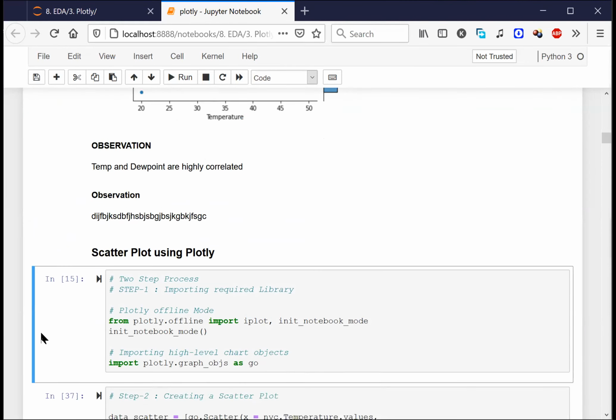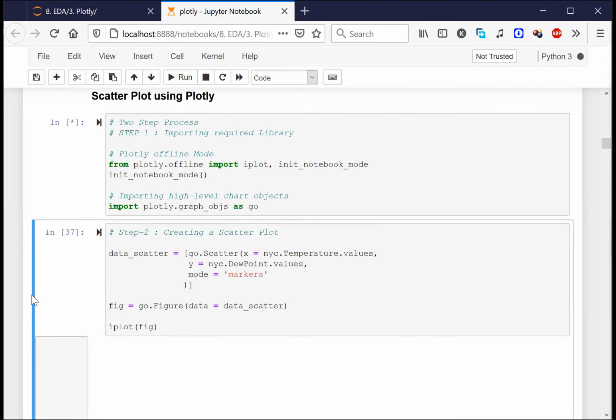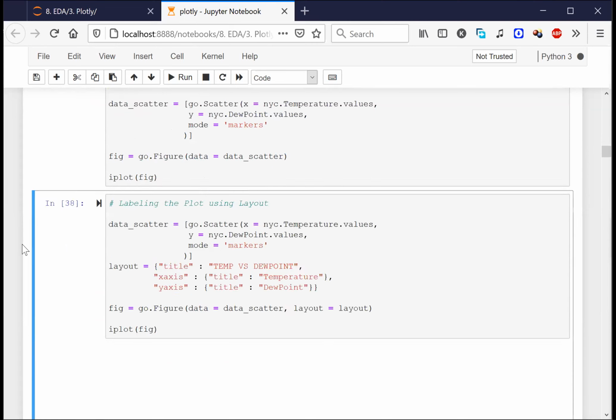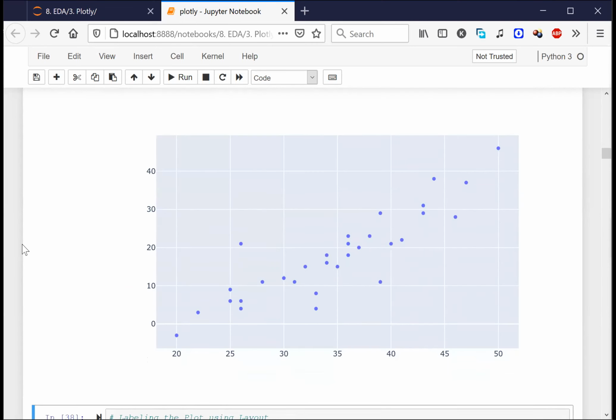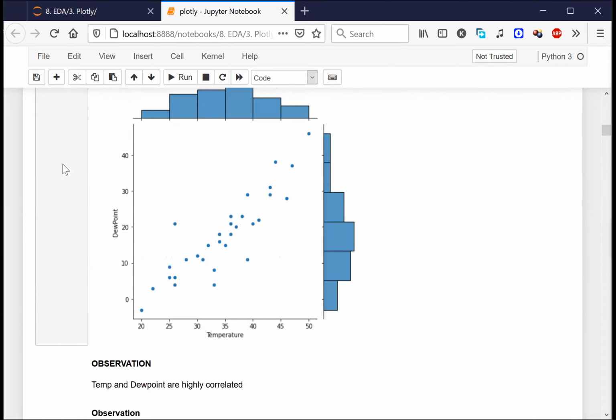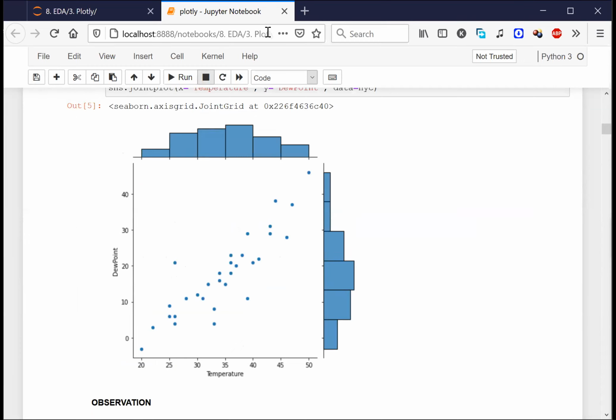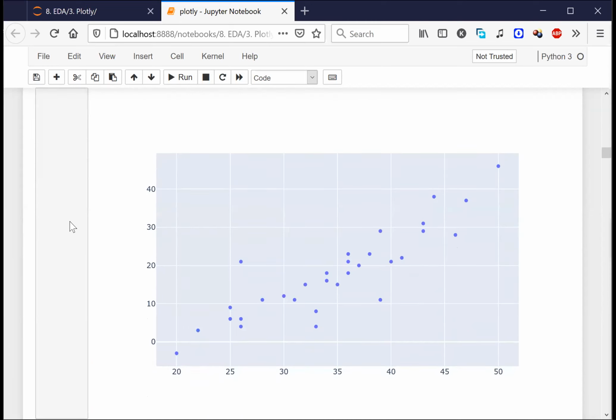This is something called Plotly. I have the Plotly code also on my GitHub, so just try to go through this entire code. Let me show you what actually happens. So this is a Plotly plot. Is there any difference that you see between Seaborn and Plotly? This plot and this plot are almost similar. The only thing is, in the Seaborn plot, there is a histogram on the x and y axes. But in the Plotly plot, there is no histogram.